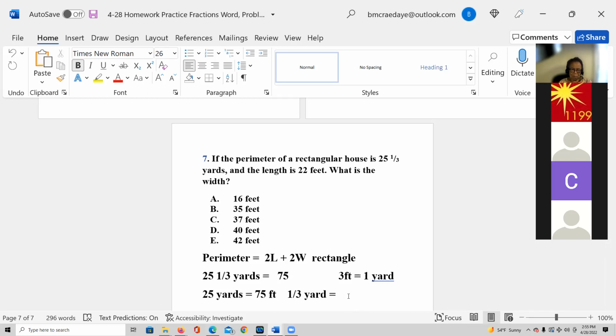Let me see. Maybe 12. No, it's gotta be less. 1/3 of a yard is less than a yard, so it's gotta be less than 3 feet, not more. So 0.4, what is it, Mercedes? 0.4. No, it would just be